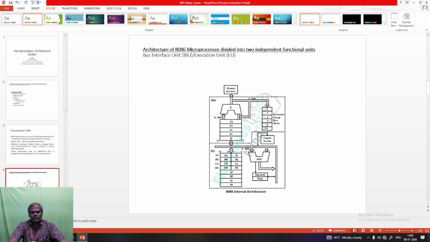After keeping the instruction in the prefetch queue, the instruction gives direct data. That data will be given to the execution unit directly. Suppose it's in the address form, then that value will be given to the control system. The control system will decode the instruction. After decoding, it gives the data to the general purpose registers. Then after the value is stored in the general purpose register, it will go to the arithmetic and logical unit, where it will perform the operations.